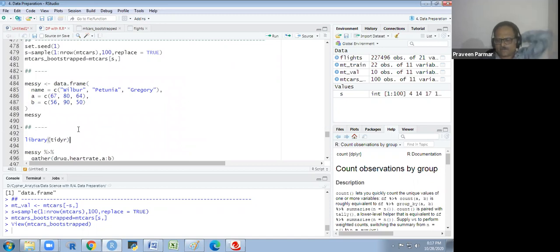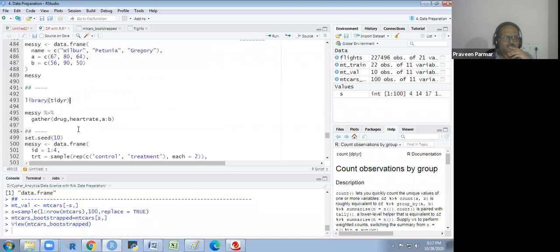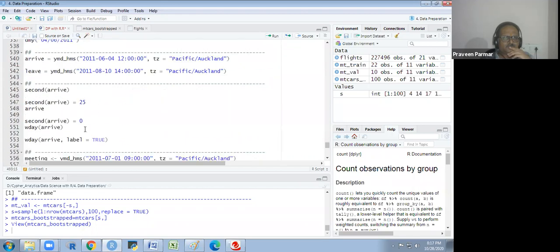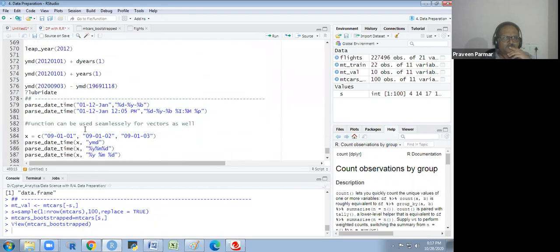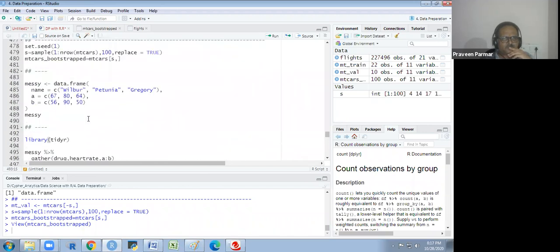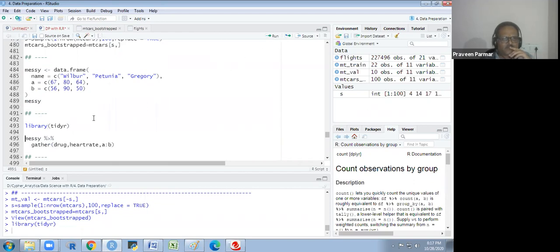You have to install this first, then import this library. So we run this library first, tidyr.